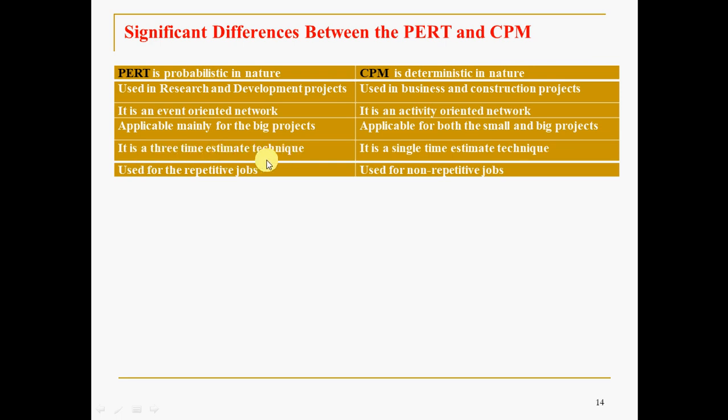There is a TO, TM, TP. Whereas in CPM, whatever is given, that is T, the final time estimate or single time estimate. How to convert 3-time estimates into a single time estimate, we discussed by using a statistical equation. Here it is given as T itself, a 1-time estimate. So PERT is used for repetitive jobs and CPM for non-repetitive jobs. As PERT is probabilistic in nature, if you want to take a number of trials like in R&D, use it for repetitive jobs, and use CPM for non-repetitive, 1-time applications.